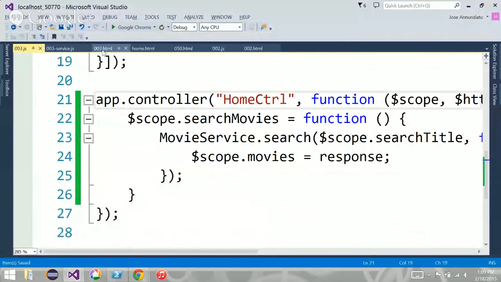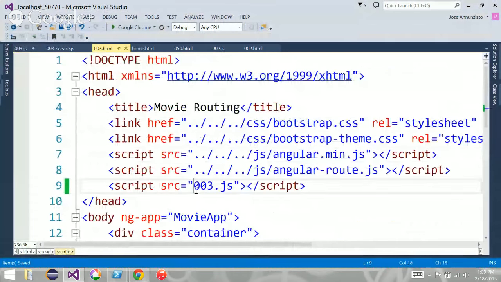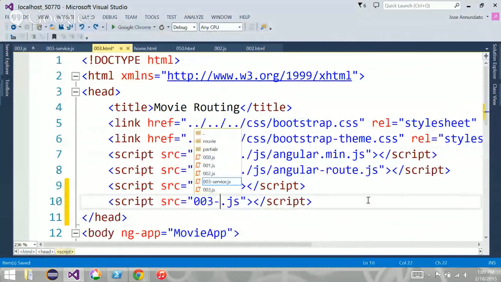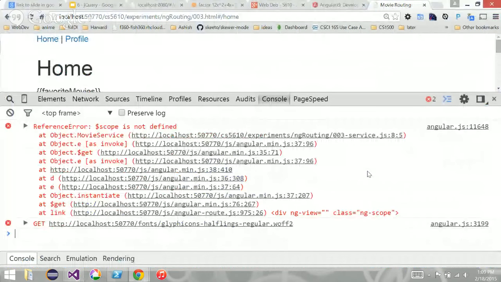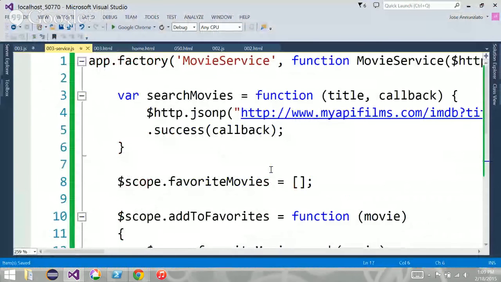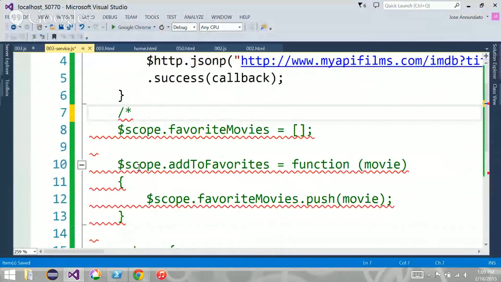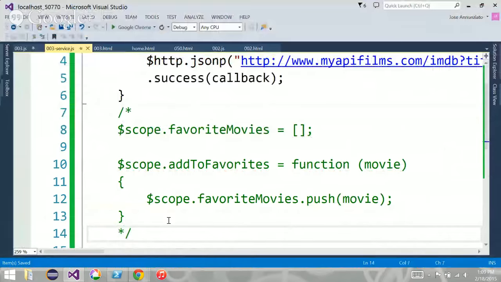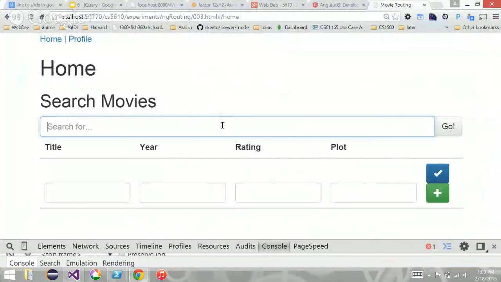Oh, you know what we forgot? We forgot to load the movie service JavaScript. Where is that? Is that where we declared it? I'm looking at scope in service. Where do I have scope? Oh, all these guys. I'll get to these in a second. Okay, didn't blow up. Let's see. Looks promising. So avatar.